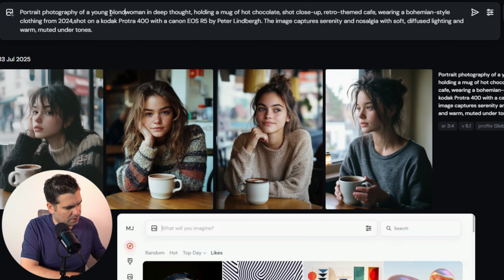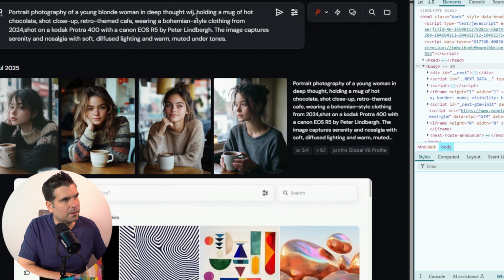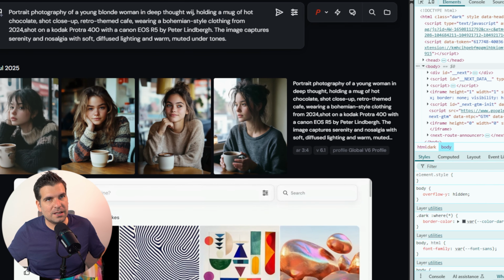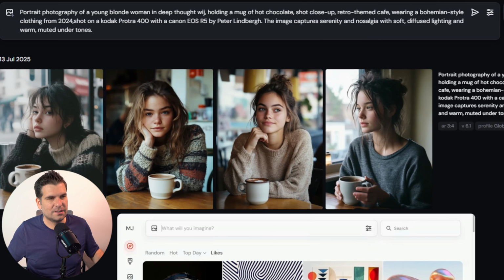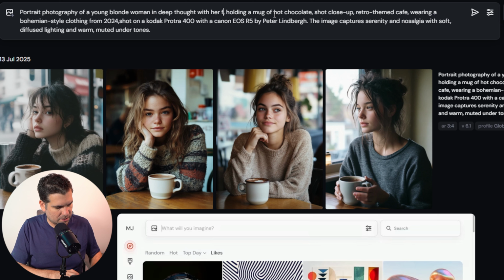So we're going to go blonde woman, deep in thought with, oh, not like that. Let me actually hit the right button because I can't see the keyboard. It doesn't help, does it? With a friend, with her female friend,